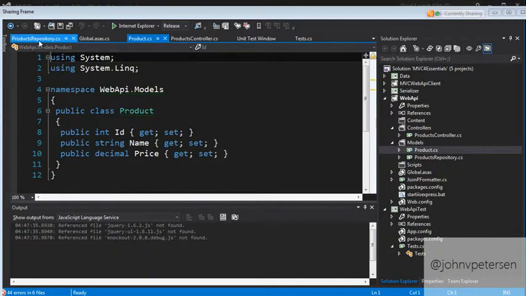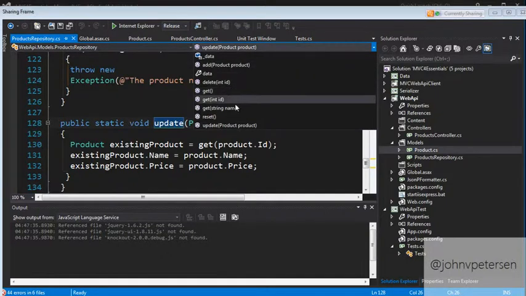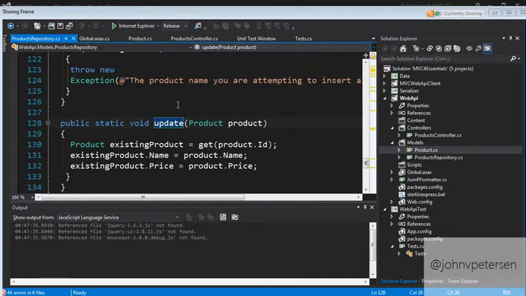And that's it. So if we go back to the product repository and the update, now keep in mind, separation of concerns here, right? Does the product repository know anything about the web API? It doesn't. It's just something that the web API consumes. That's why the names here are a bit more normal, like get, update, add, delete, because this product repository could be used by anything.